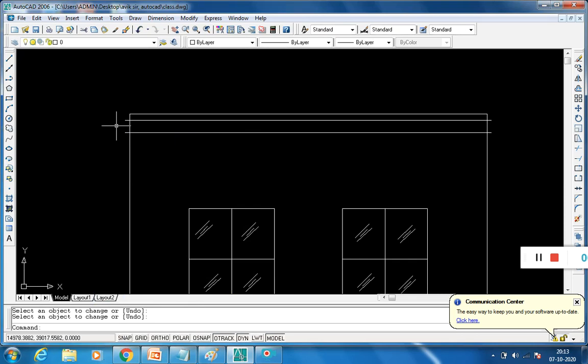So use it, and when I use the L command, line, press enter. Enable OSNAP mode.